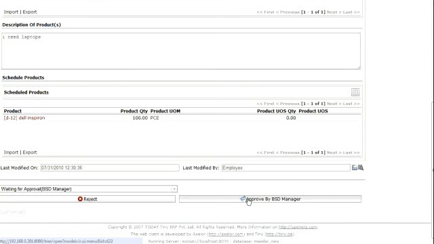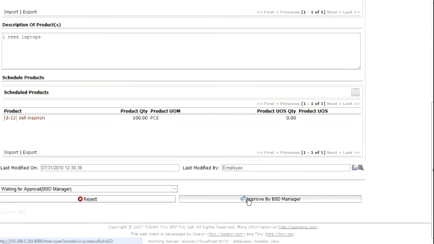Here the procurement manager will assign a procurement officer. Now the procurement officer will take care of this requisition.